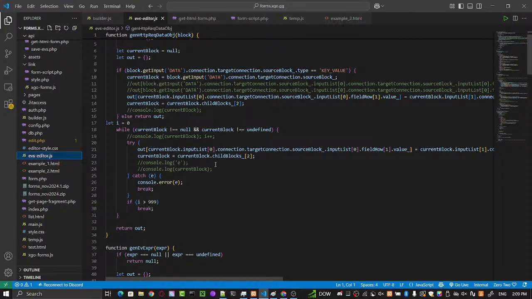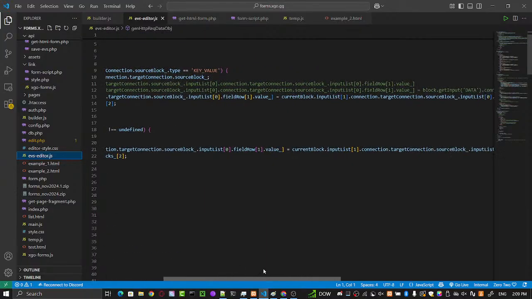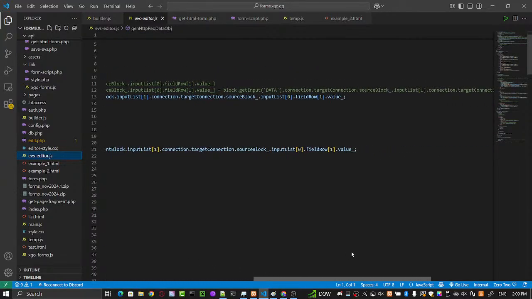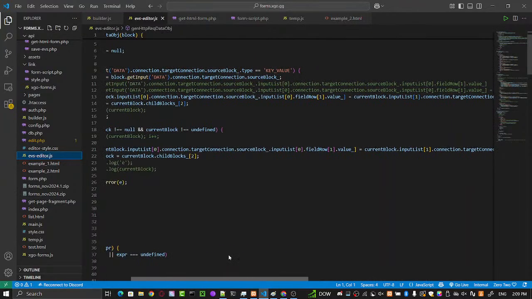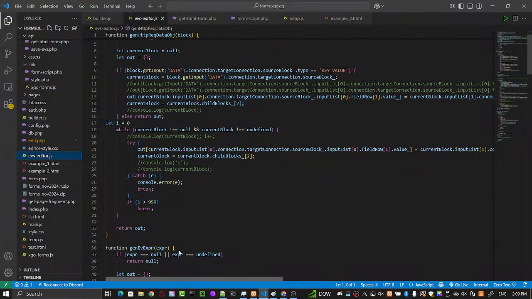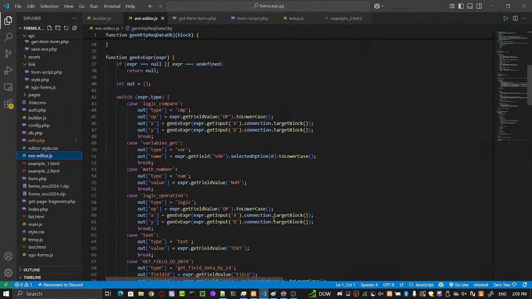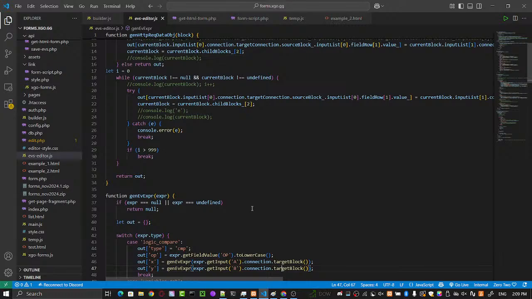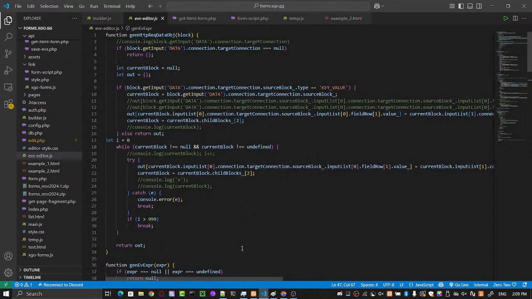And then if you go here, you can clearly see that I didn't know how to use the library, because there are some specific functions to retrieve the values of the blocks, but